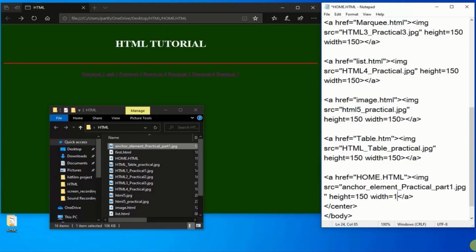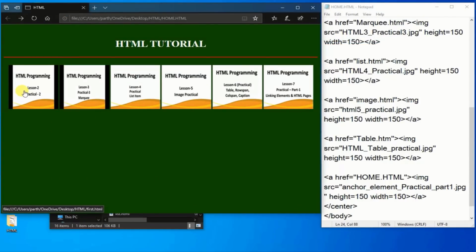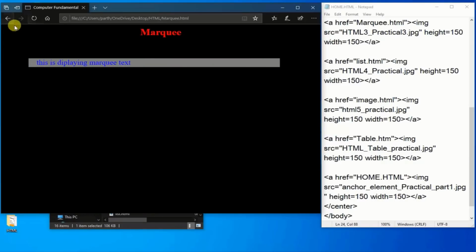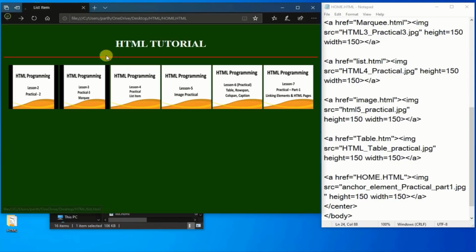That's all. Now save the file and refresh the browser and check that our text is replaced with images. Now click on that image and it will open that respective practical session.